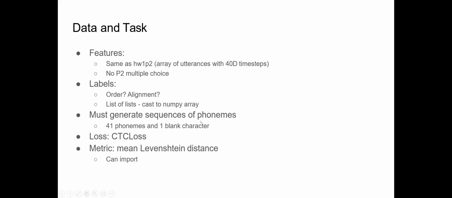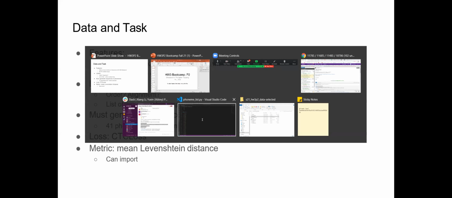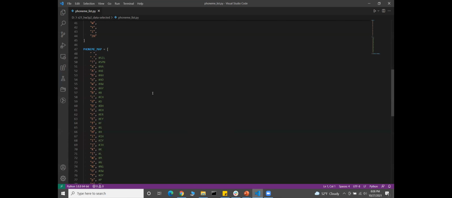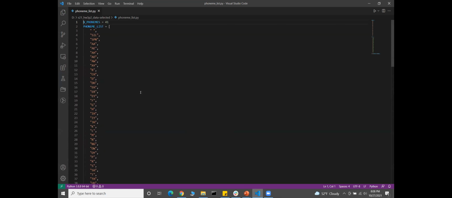I really hope that you guys have gone through the homework and have started this. If not, this is the time to start. Please start. This is the phoneme list we have. We have all these phonemes